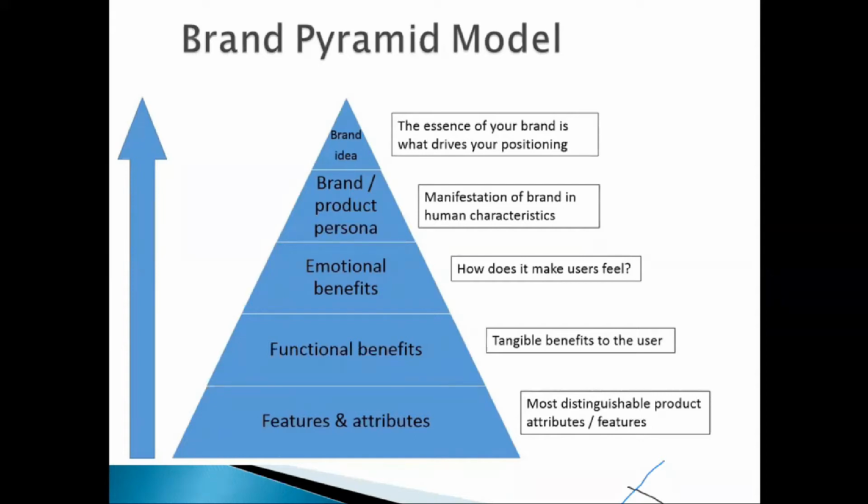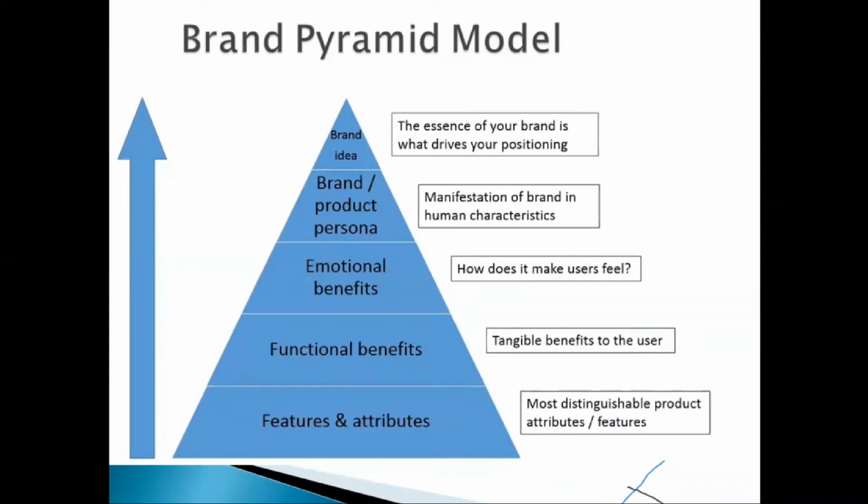So you start with the features and attributes. You need to itemize and stress what makes your product distinguishable, what makes your product unique, and features that would deliver the benefits. So if your product is in the healthcare sector, you want to be talking about features that you use to deliver benefits to people in the healthcare sector. Features like an app, just name the tools that are available to build a functional product.